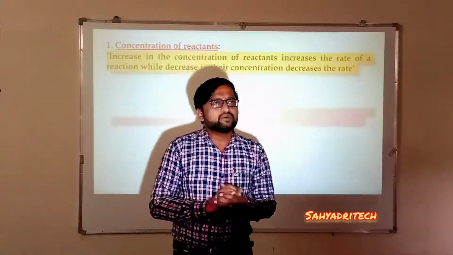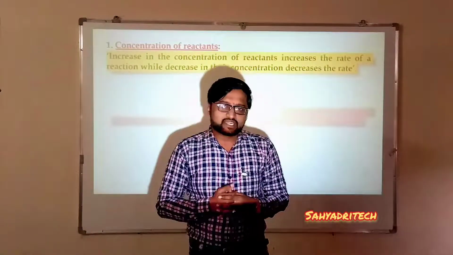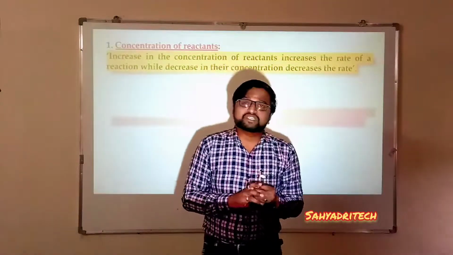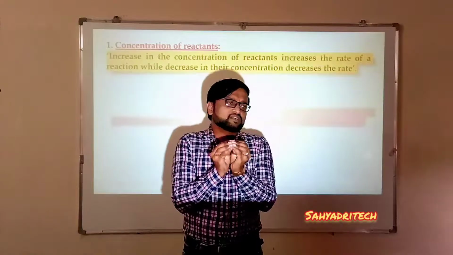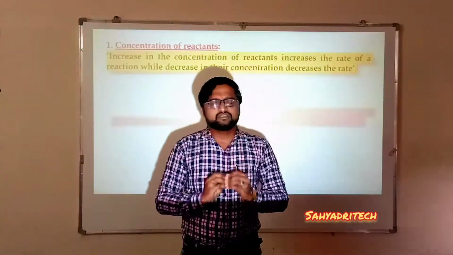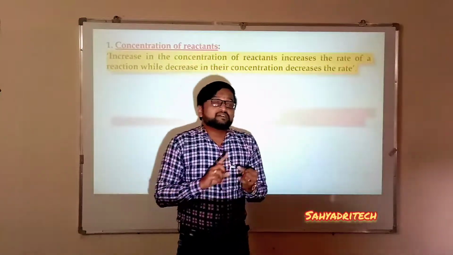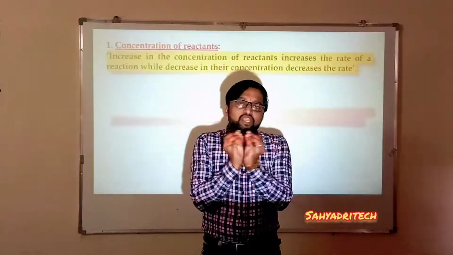Usually we know the rate of a reaction depends on the collision among the reactant molecules. It means for a reaction to take place, what is the first and foremost thing? Those reactant molecules have to collide with one another. They have to come in contact with one another with sufficient energy. So the basic need for a reaction to proceed, the first and foremost thing, is that the reactant molecules have to collide with one another.